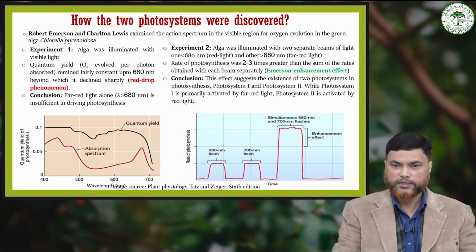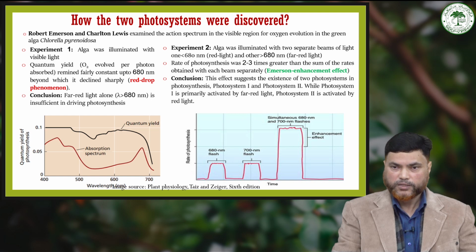Hence, this experiment concluded that far red light, that is more than 680 nanometer, alone was not sufficient in driving photosynthesis. Later, Emerson and co-workers in the year 1960 revealed that when the inefficient far red light, that is beyond 700 nanometer, is supplemented with light of shorter wavelength, that is red light, 650 to 630 nanometer, the rate of photosynthesis was 2 to 3 times greater than the sum of the rates obtained with each beam separately, and this was termed as